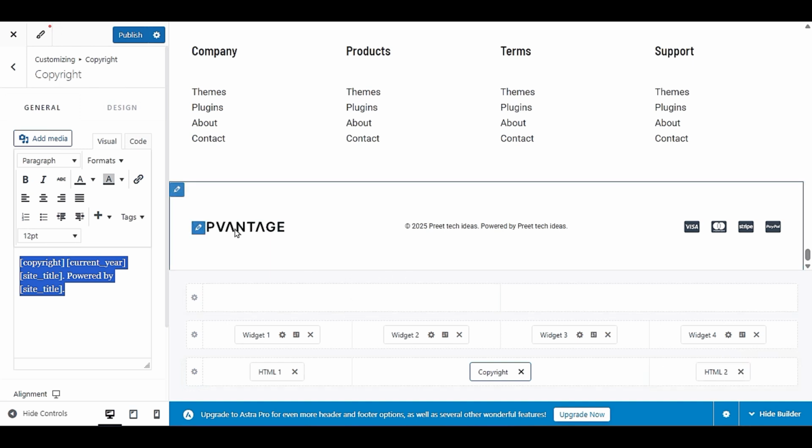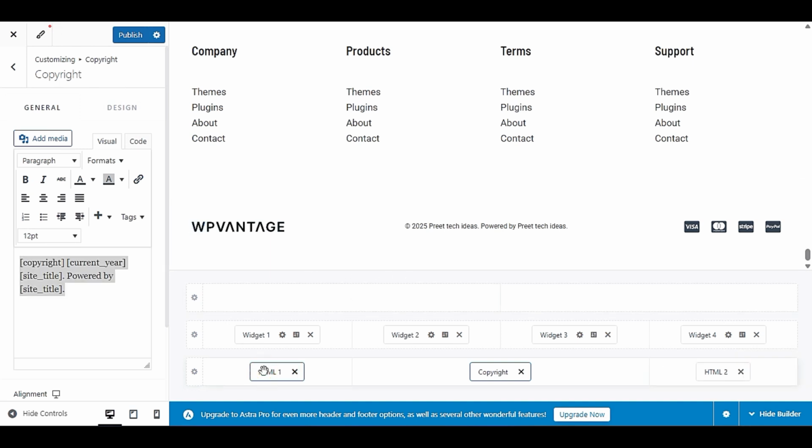For example, you want to change the logo. Click on HTML number 1, because it's HTML number 1 at the start of the bottom row. So look here, it's actually an image. How can you change this image? It's in the box. So you have to click here, middle, edit,